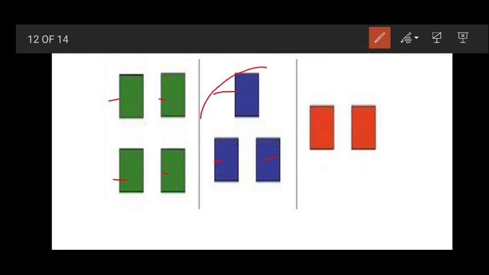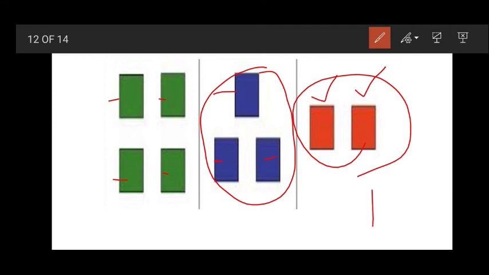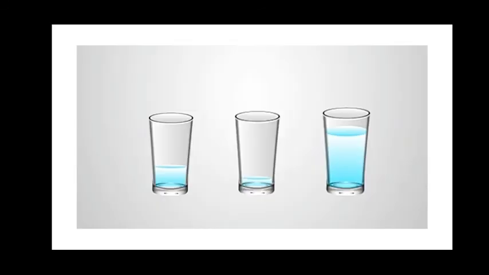The blue bars are less than the green, so it is called less than. But what about the third column here children? How many bars do we have in the third column? 1 and 2. There are only 2. So it is still less than the second column. So this is called least. Okay children, so the first column is less, the second column is less than, but the third one is least. Did you understand the concept?